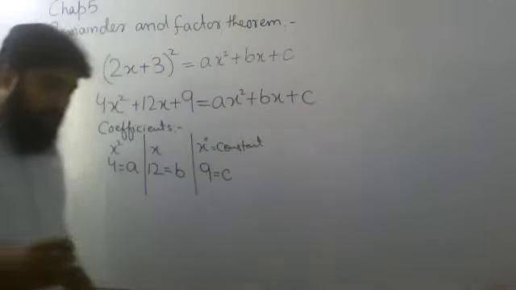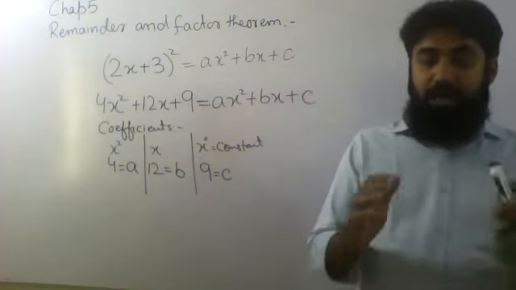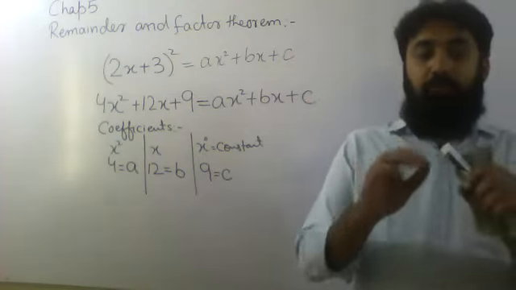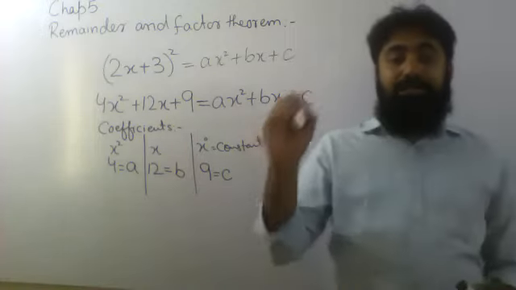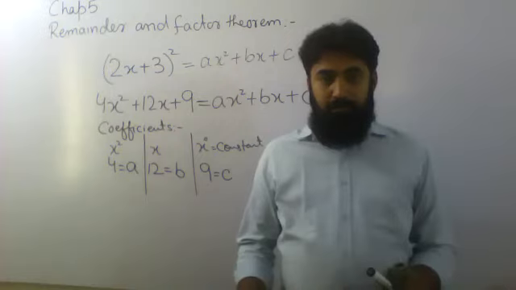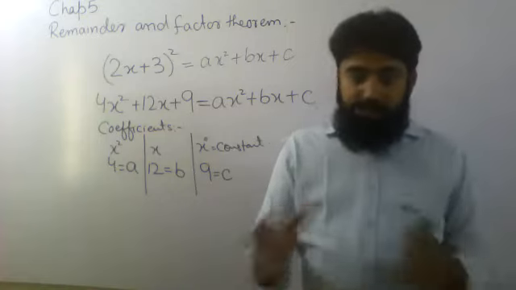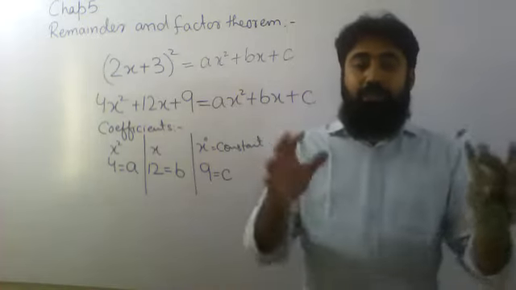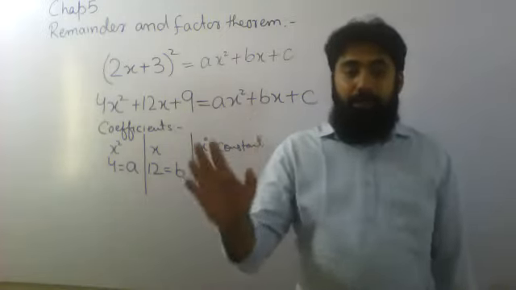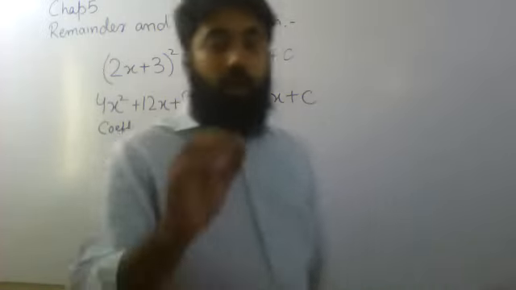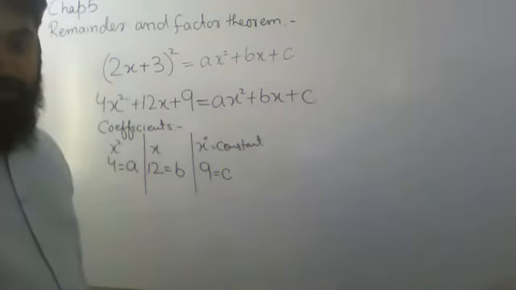Okay, so be careful whenever they are going to give you two polynomials which are equal. First of all, you have to expand them as much as it is possible. No multiplication should be remaining, no addition or subtraction should be remaining. Once you are done with all the process and you have got the expanded part of both sides, only then you are going to start with the comparison work.